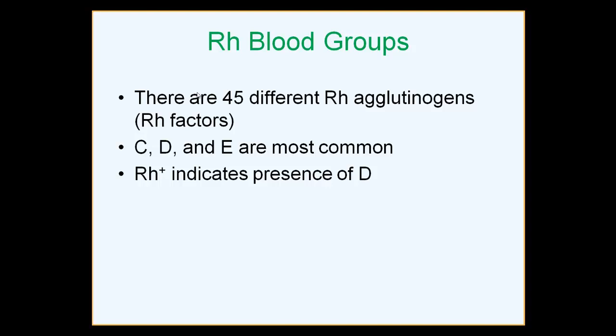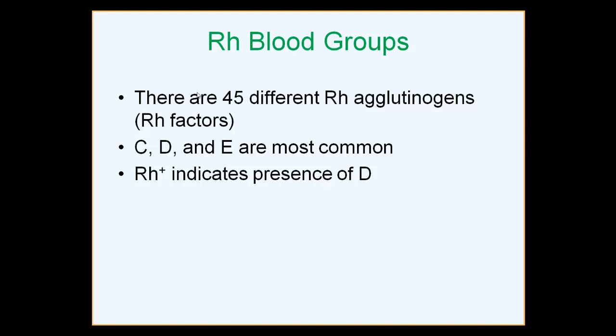But then the second child, or the third, if he or she is also RH positive, now the antibodies in the mother's blood will start attacking those red blood cells, causing a problem called